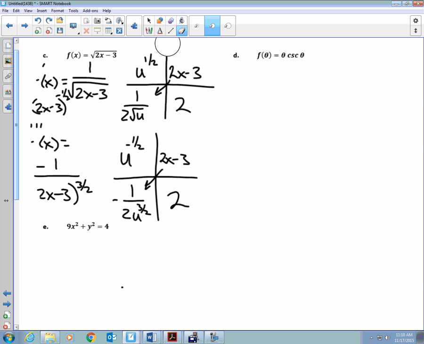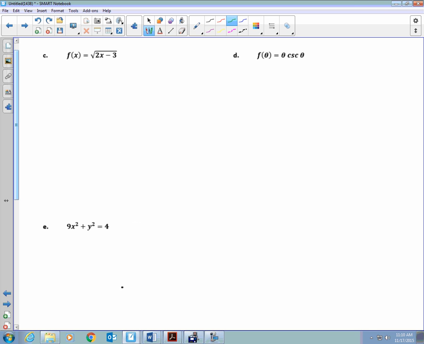Okay, D is a little bit more involved. What do we gotta do? Product rule, very good. Some people change theta to x because they don't like thetas. That's fine. Yes, pi is never variable. It's always a number. Always a number. Theta is a variable. It refers to an angle. So f of theta is equal to, or f prime of theta, I would take the derivative using the product rule. Derivative of theta is 1 times cosecant of theta